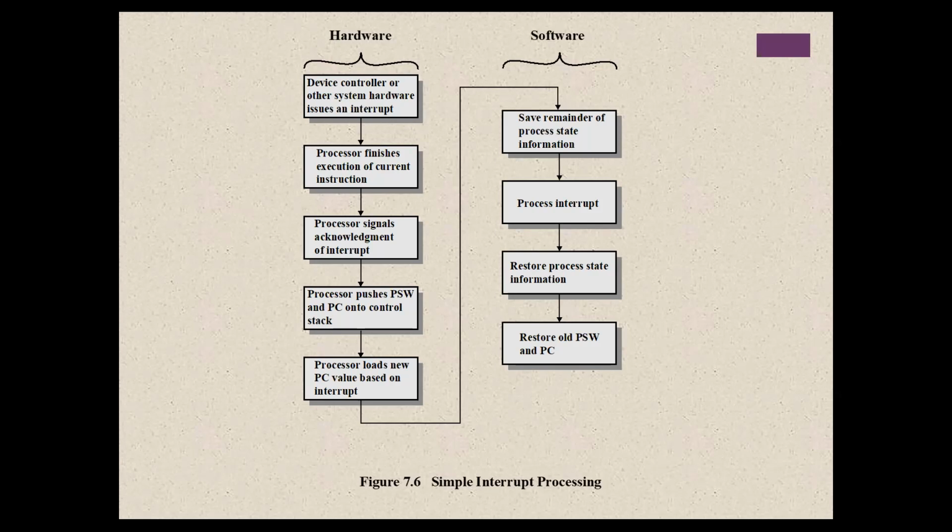and is then ready for another I/O operation or instruction. From the processor's point of view, the action for input is as follows. The processor issues a read command. It then goes off and does something else. For example, the processor may be working on several different programs at the same time. At the end of each instruction cycle, the processor checks for interrupts, as we saw in the modified instruction cycle,